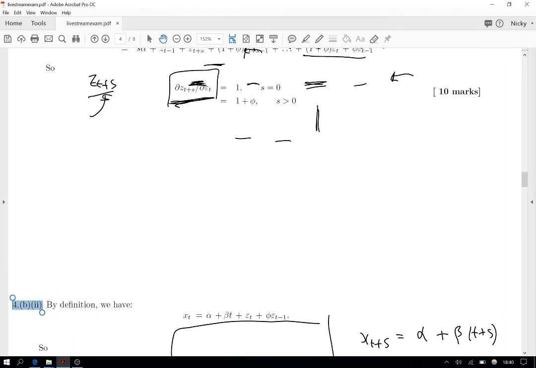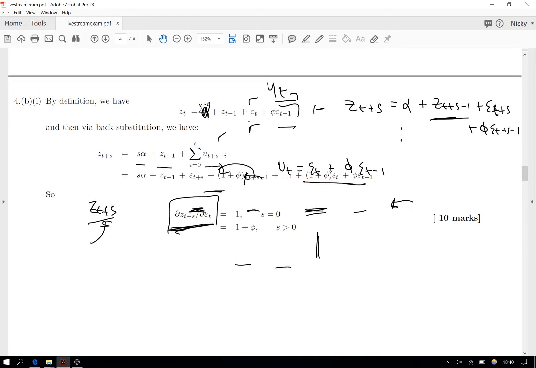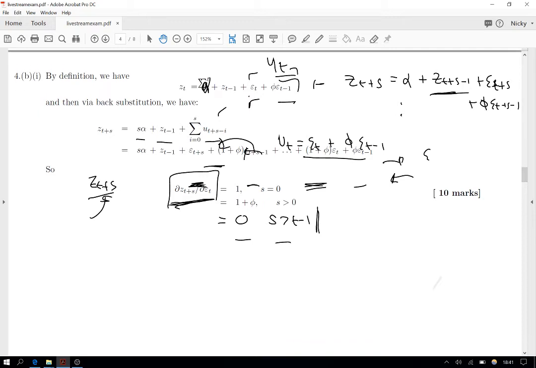So we should also add in this condition here. Again, this is only for s going back to t minus 1. We can also see here that this will be not for s greater than t minus 1, for the simple fact that when we go back that far, epsilon t no longer appears. When we go this far back, there will no longer be an epsilon t appearing in here. Just as was the case